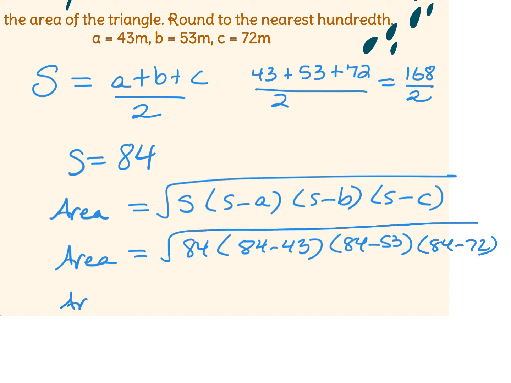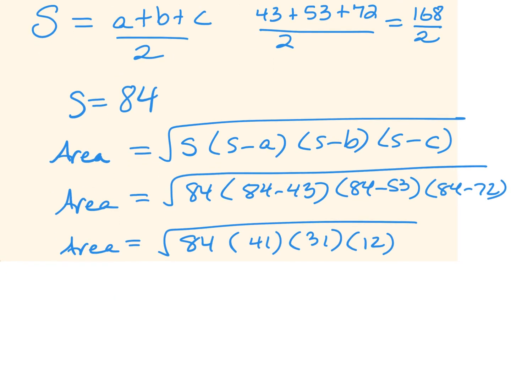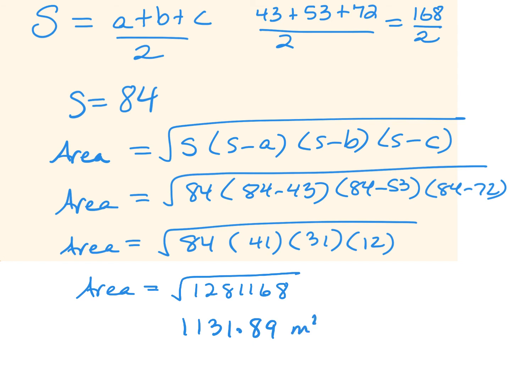Now, you can do this continuously on your calculator. Again, play with it. Know how your calculator works. I'm going to do it step by step. 84 minus 43 is 41. 84 minus 53 is 31. 84 minus 72 is 12. And now I'm going to multiply these four numbers, which gives me 1281168. I need to square root it. 1,131.89 meters squared is the area of that triangle. So that is the area of that